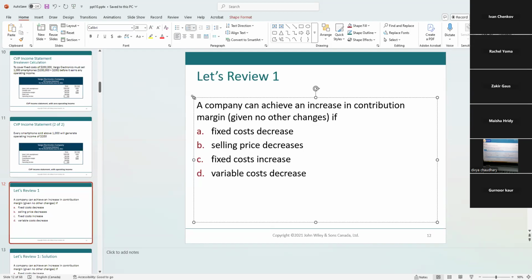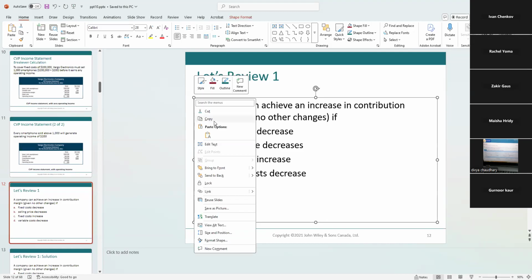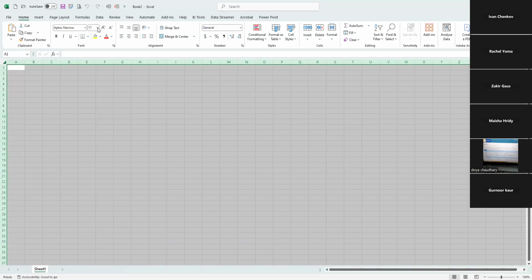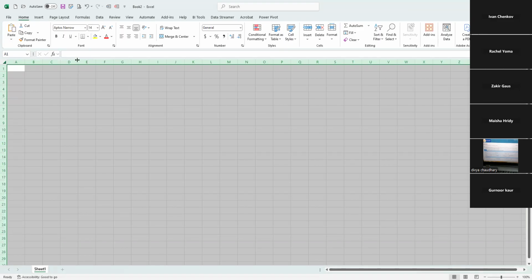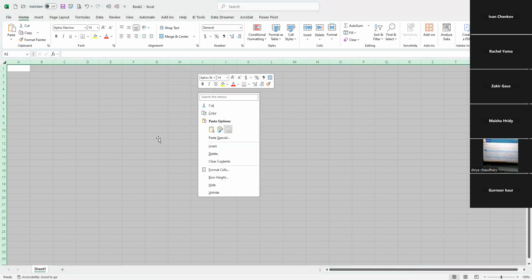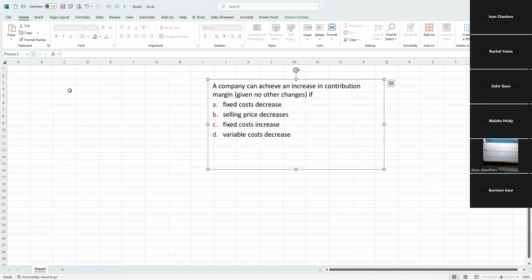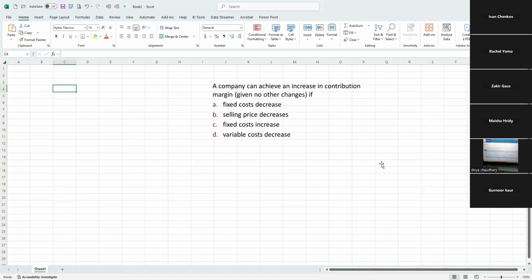Let's grab this one. And let's move to the Excel spreadsheet. Let's see what we know, what we don't know. This is our question. Let's make it smaller. Can you guys see my screen? Yes, Professor. So what do we know? We know sales